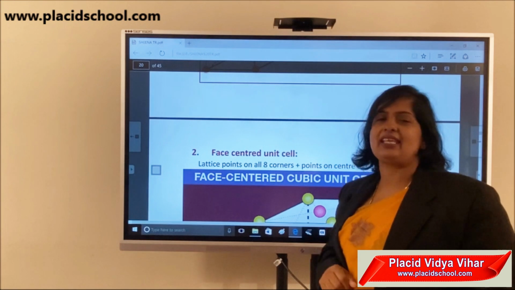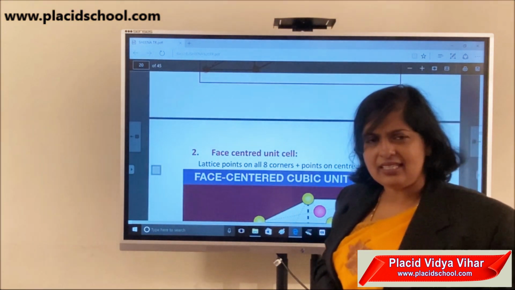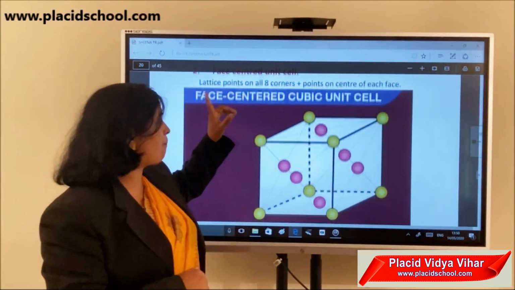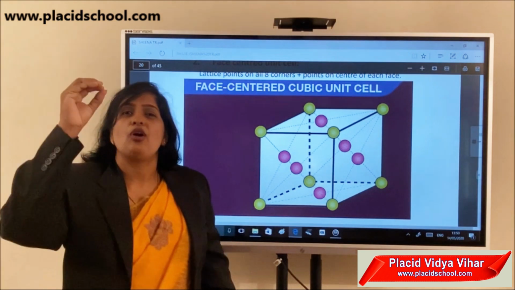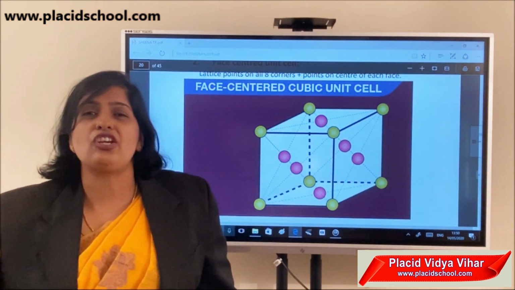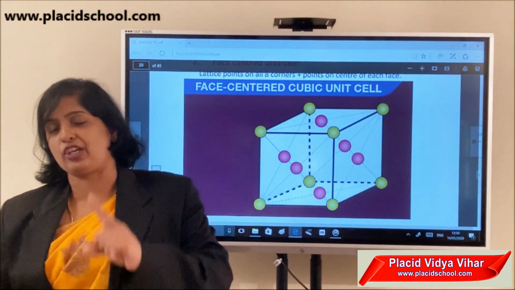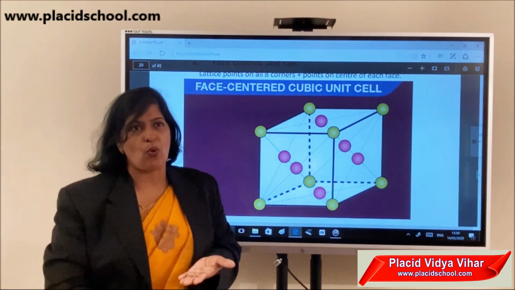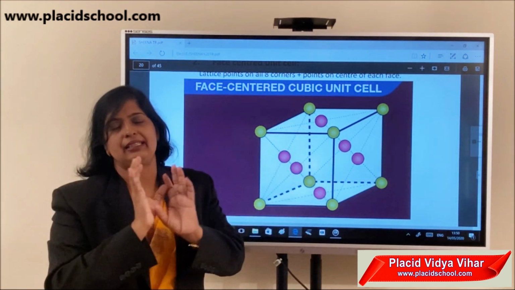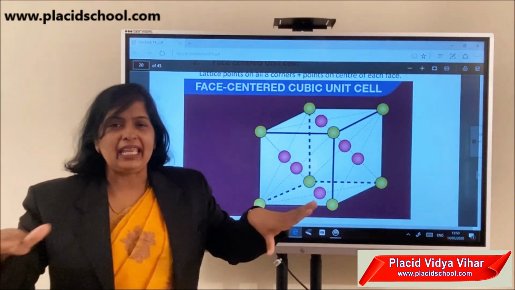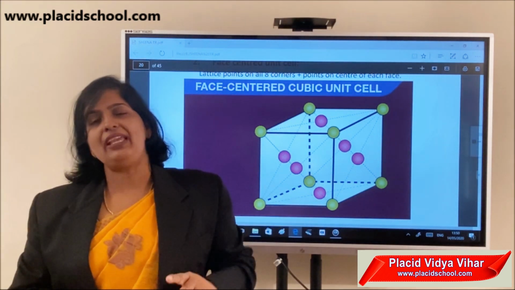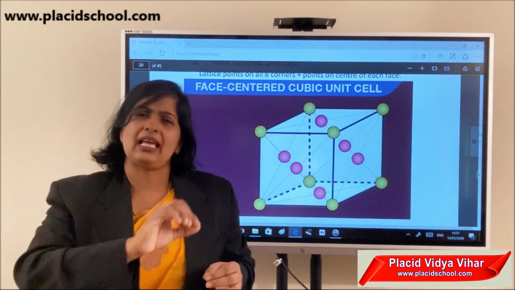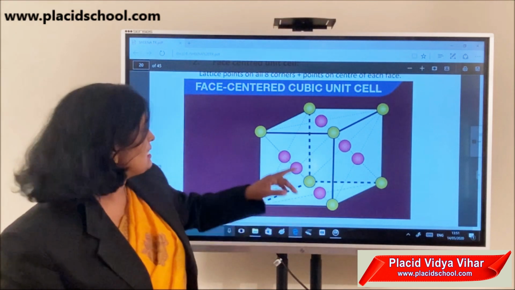Next is face-centered unit cell. In face-centered unit cell, particles are seen at the 8 corners plus particles are seen at the center of each face. We know for a cube there are 6 faces, one at the top, one at the bottom, and 4 faces are there on the plane through which we see. So a face-centered unit cell has 6 faces, and the particles are present at all the 8 corners plus center